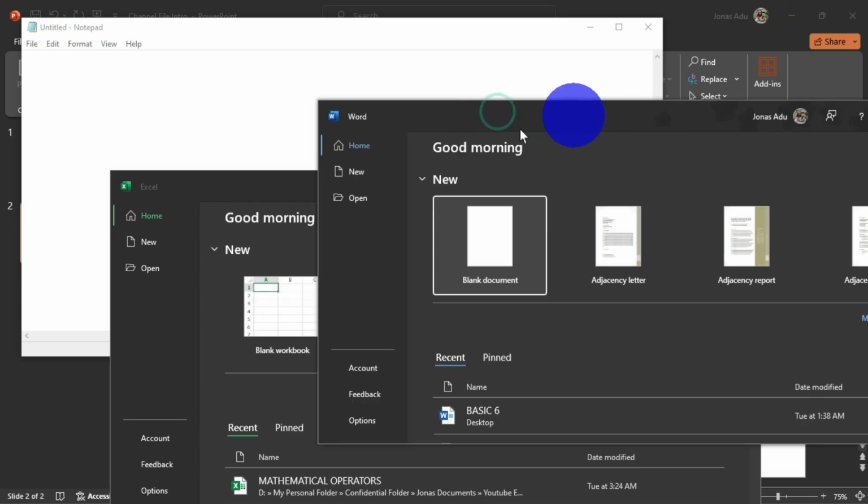Now I have all these 4 apps open on my Windows interface,